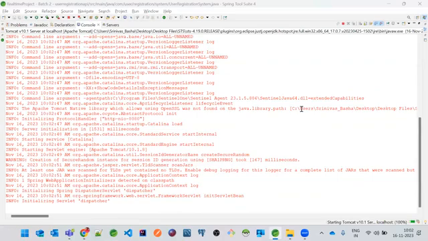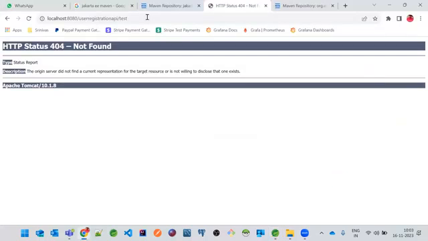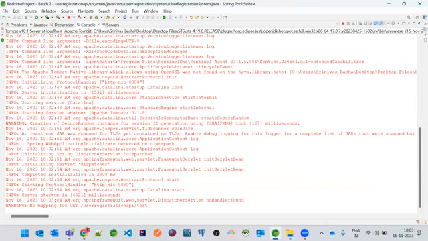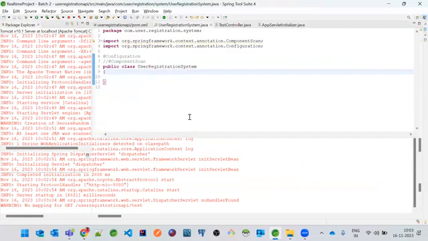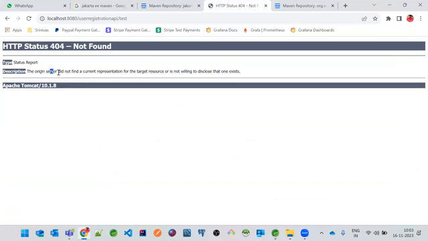The dispatcher servlet initialized. The server is also started, but if you go and execute this, 404, and if you can see the logs over here, there are no logs. That means something is wrong. See, the proper reason is we are not able to debug the issue when we are using the Tomcat server. The origin server did not find a current representation of the target resource. What does this mean?